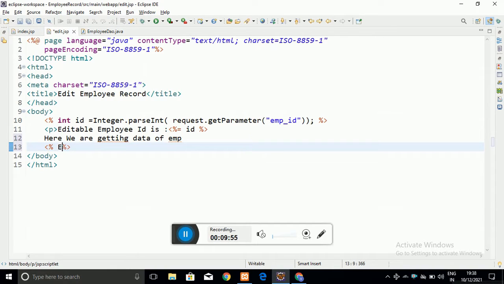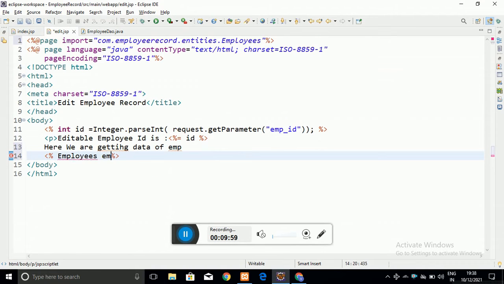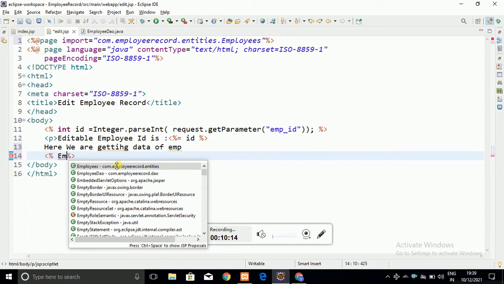Before creating the employee object, we have to create the object of the employee DAO, which we haven't created, because we have to use the method from it.